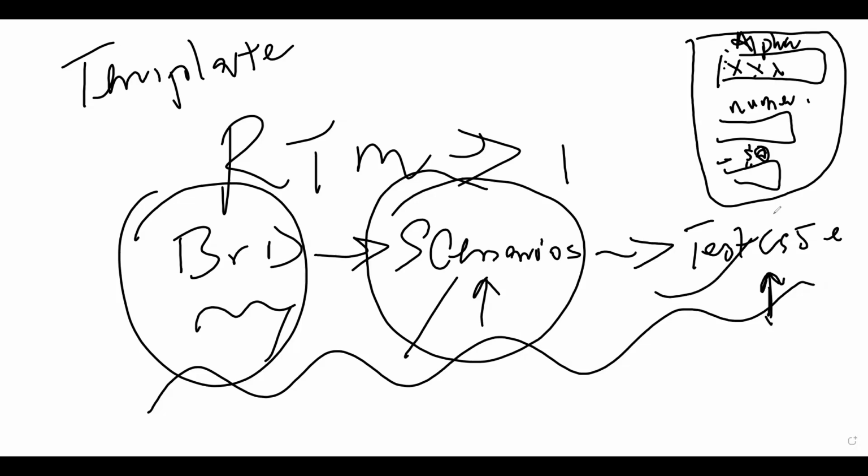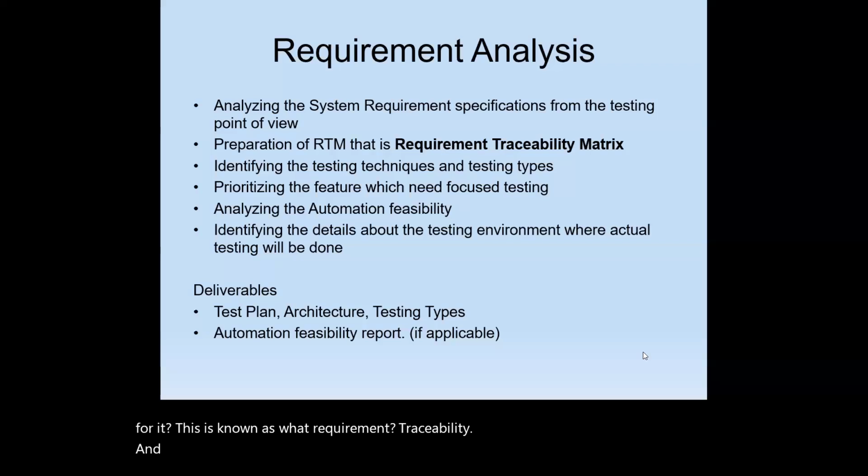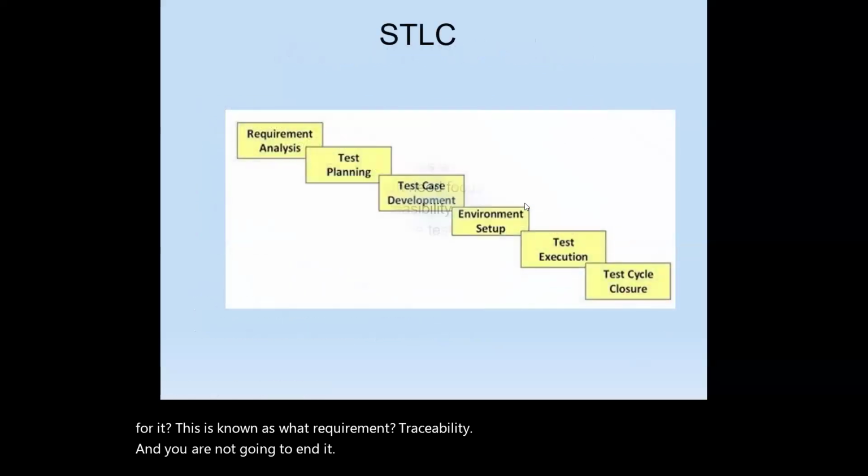This is known as the requirement traceability matrix. And you are not going to end it here. You start creating your requirement traceability at every phase